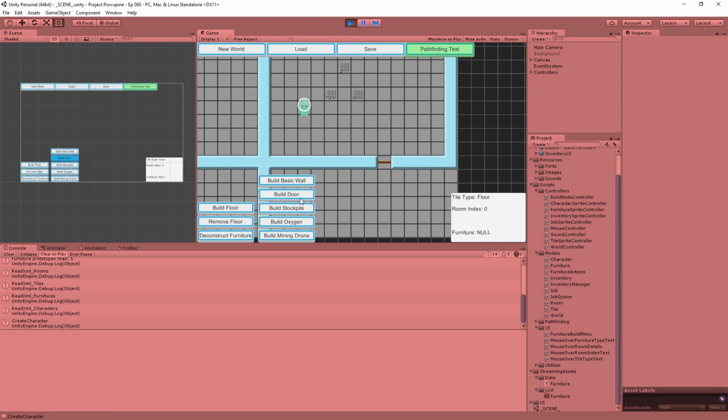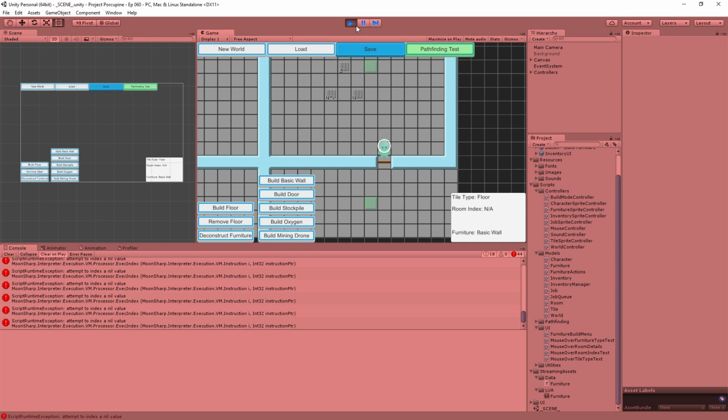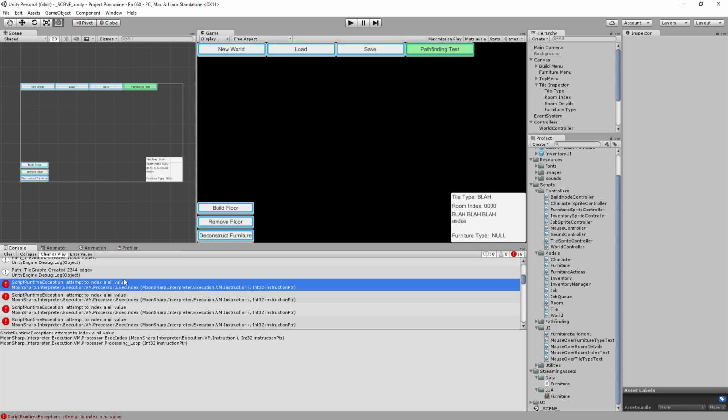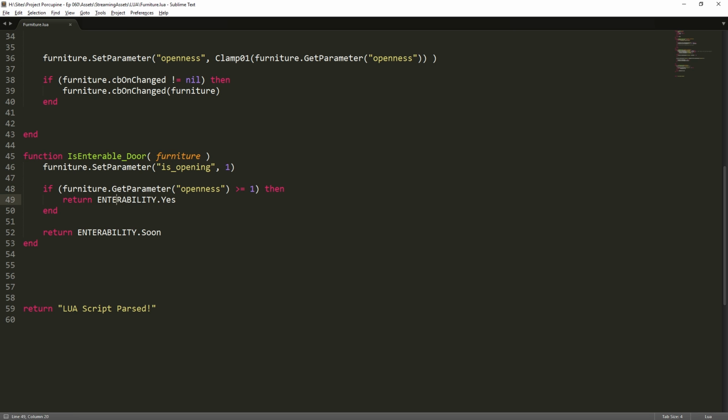Not convinced that the enums will work out of the box, but who knows? Maybe it will. Okay, not quite. Attempting to index a nil value. Now, this is internally to the Moonsharp interpreter, which means we're not getting a lot of really useful information. But almost certainly it's because it's trying to hit enterability.yes, and it doesn't know what enterability is. So Moonsharp expose enum. I wonder,